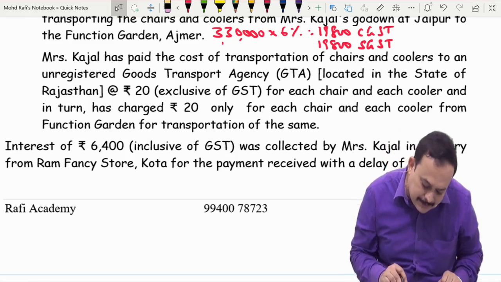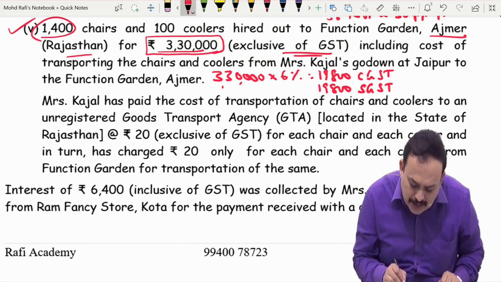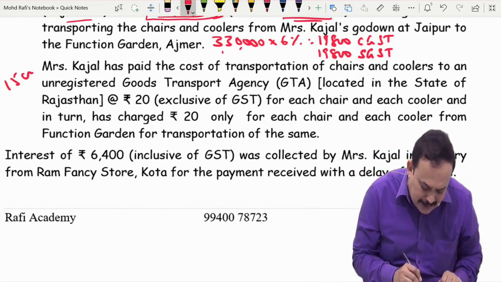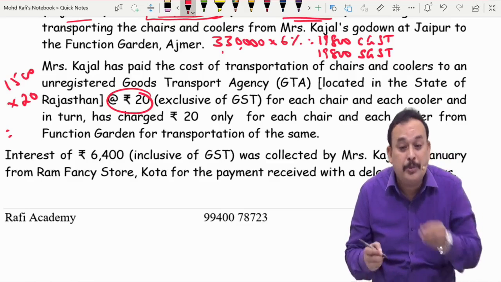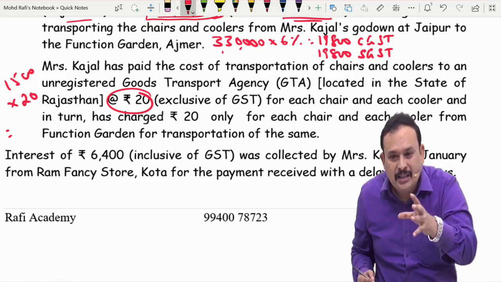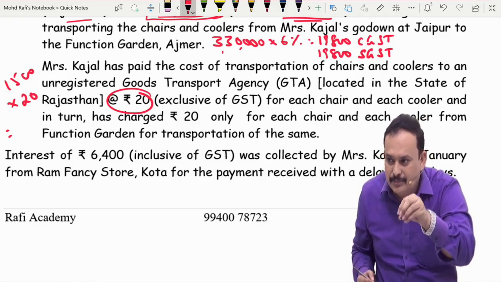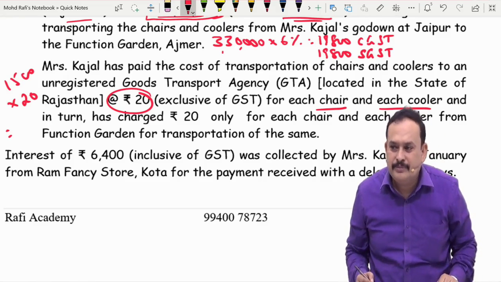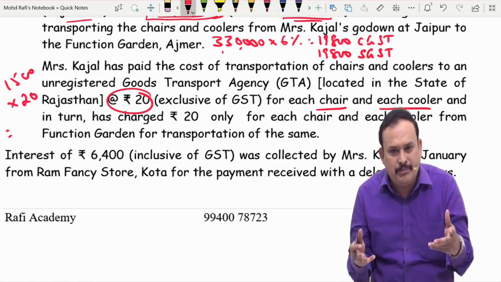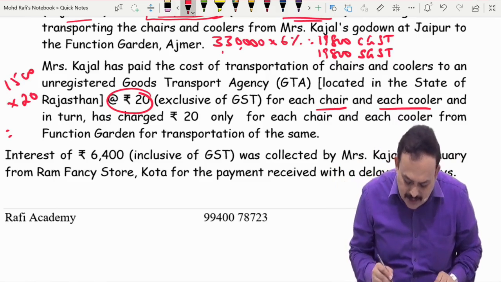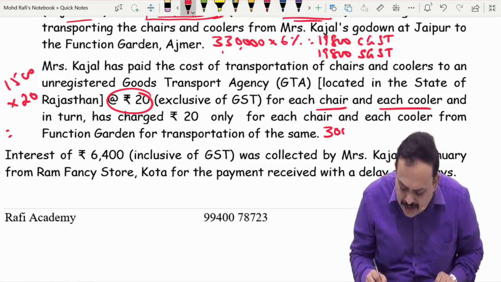How many chairs? 1,400 chairs. How many coolers? 100. Together how much? 1,500. 1,500 numbers, multiplied by what rate? 20 rupees per chair and cooler. So the price remains the same. 1,500 numbers multiplied by 20, how much comes? 30,000 is the value on which 5%